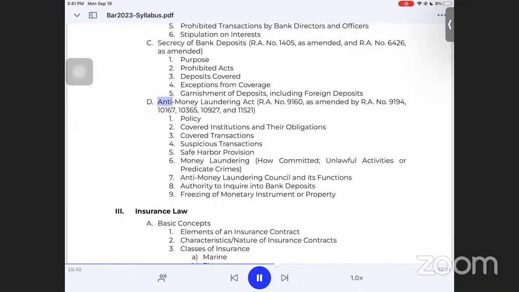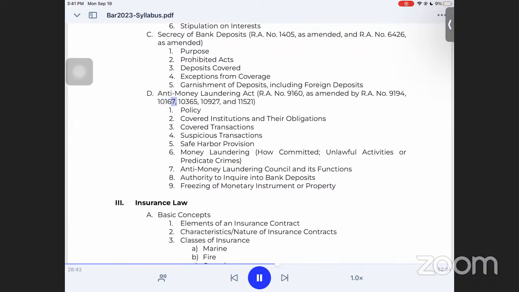D. Anti-money laundering. R.A. Number 9160, as amended by R.A. Number 9194, 10167, 10365, 10927, and